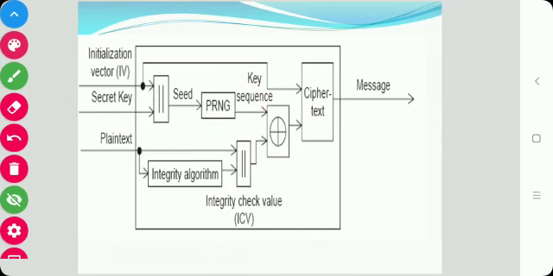So WEP decryption is the reverse of the encryption. The algorithm takes the secret key and the message consisting of the ciphertext and ICV as input, and it produces the plaintext message and the error flags as output by performing the steps.